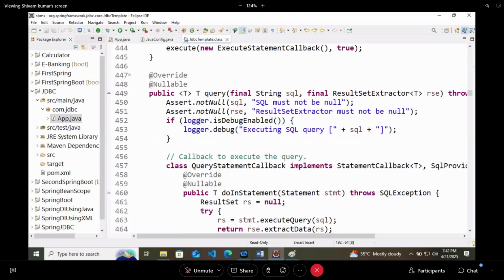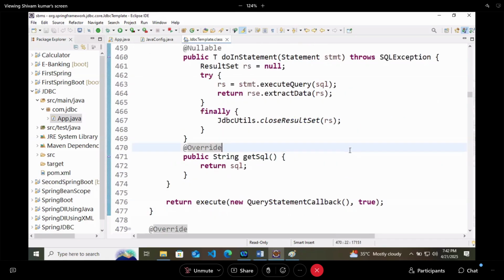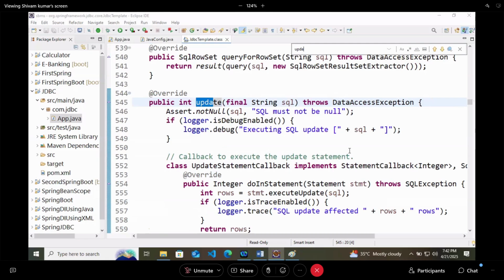By the way, why are we using these kinds of things? Because this class gives us one method, that is the public int update method. So this update method is given to us by the JDBC template class.